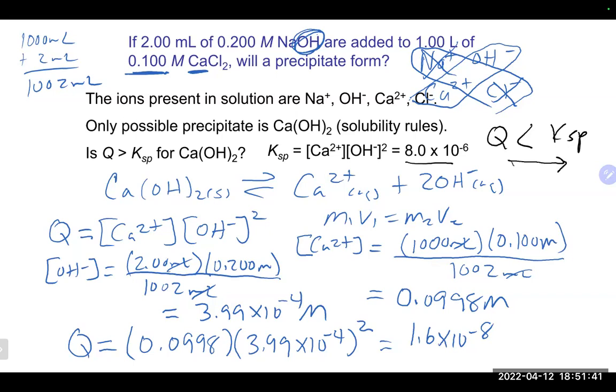Again, opposite of where that points to the product side. Product side is all aqueous ions, so we would not expect a precipitate to form. So even though perhaps solubility rules tells us we should get a precipitate in this case, we will not get a precipitate because it's actually the concentration that's really important here. And we don't have the right concentration to allow the precipitate to form,